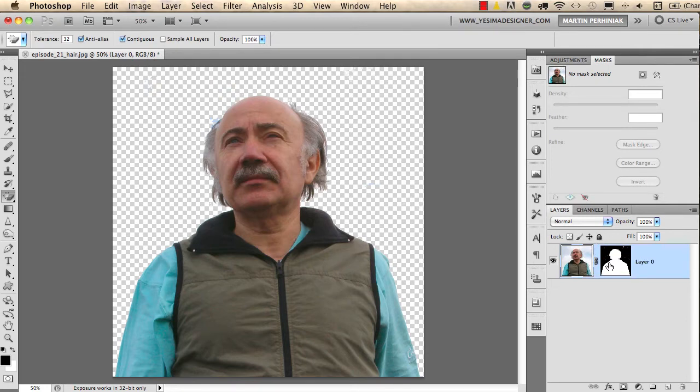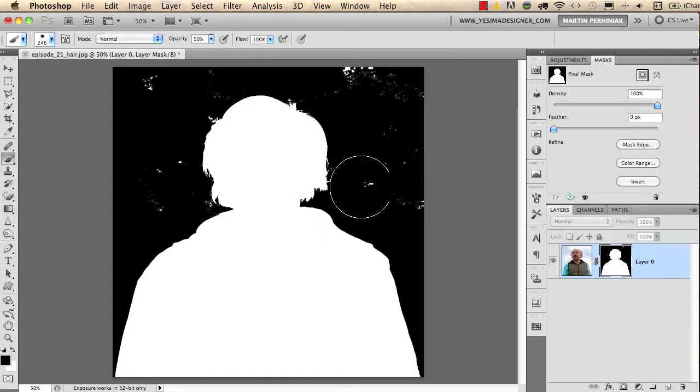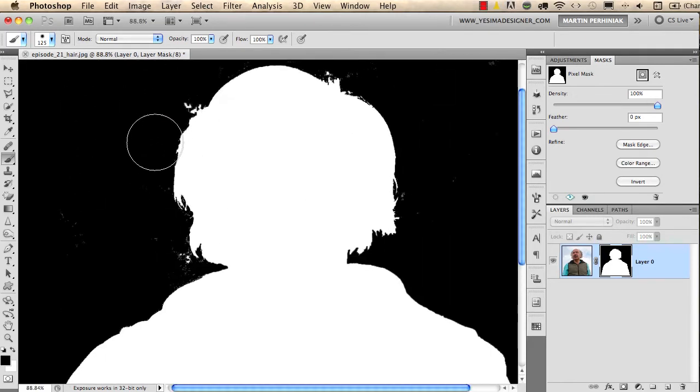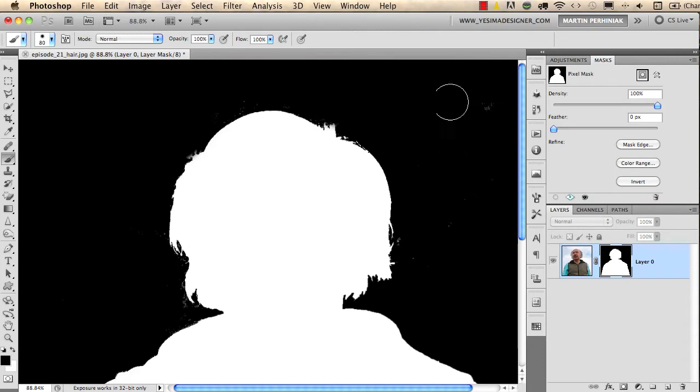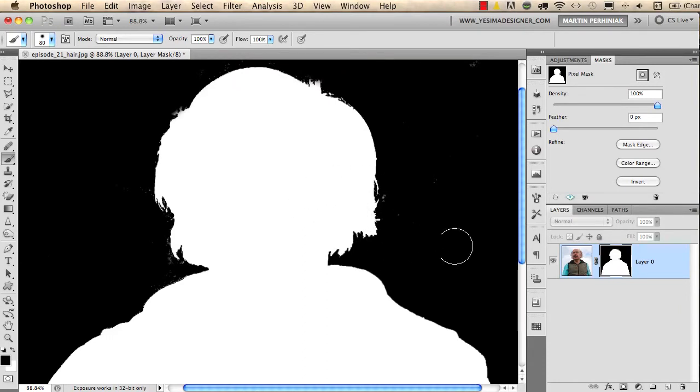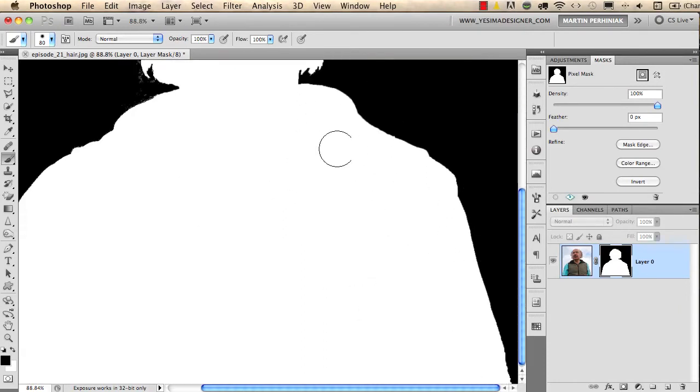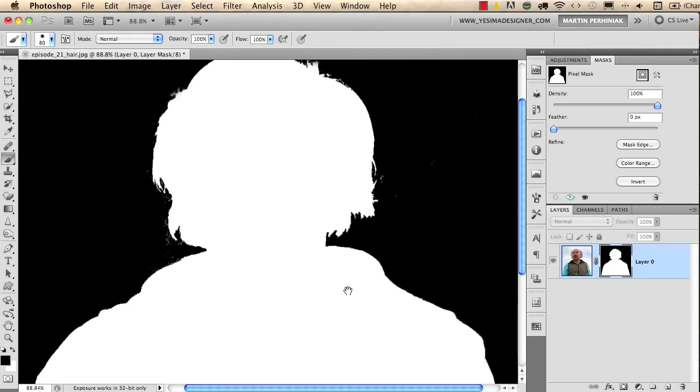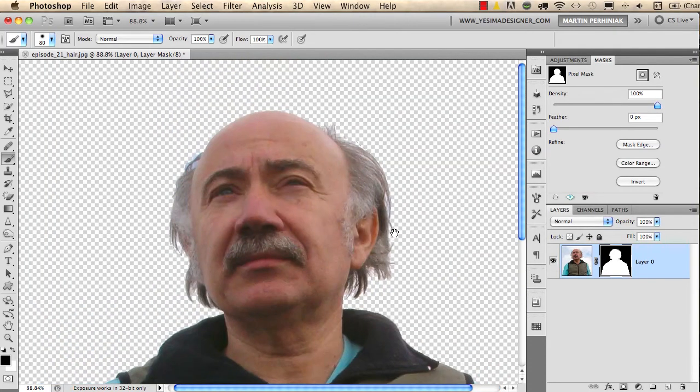Now you can refine your mask by alt-clicking on the mask thumbnail and using your brush tool to draw over these little leftovers to get rid of them completely. Like this. And maybe even some parts here close to the edges. Like this. And as you can see, we have a fairly good selection around the hair and a very good selection on the other edges. Now if I alt click again on the mask, we can switch back to normal view,